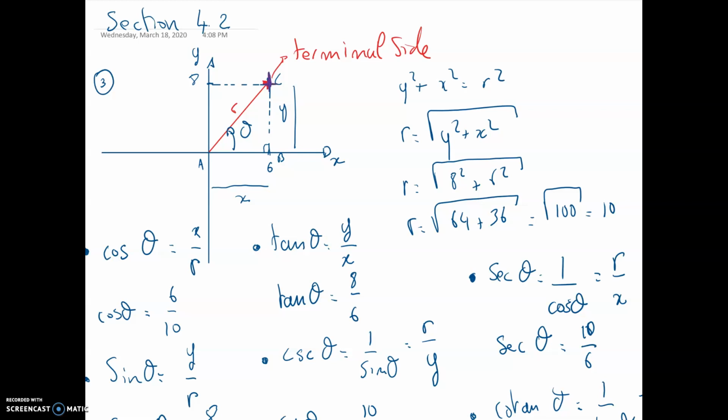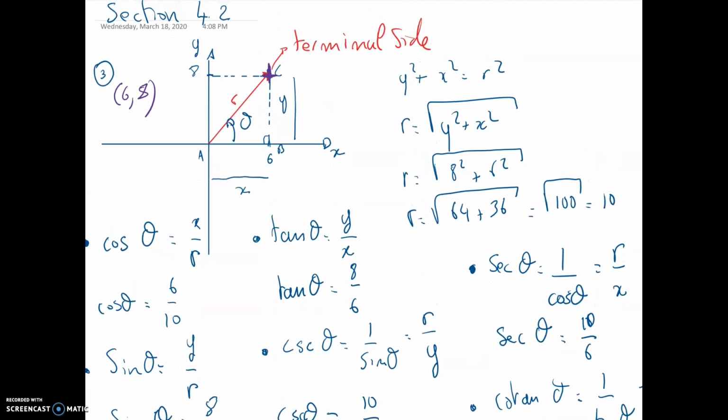You have this point right there. X equals 6 and y equals 8. And you have to find the value of cosine, sine, tangent, cosecant, secant, and cotangent. What do we do for that? First of all, you need to represent on your Cartesian coordinate system, plot the point (6, 8), define the terminal side